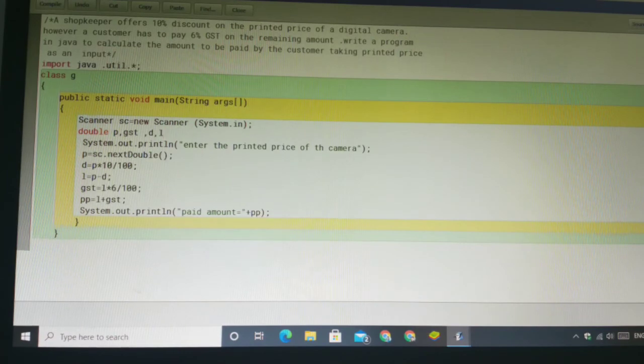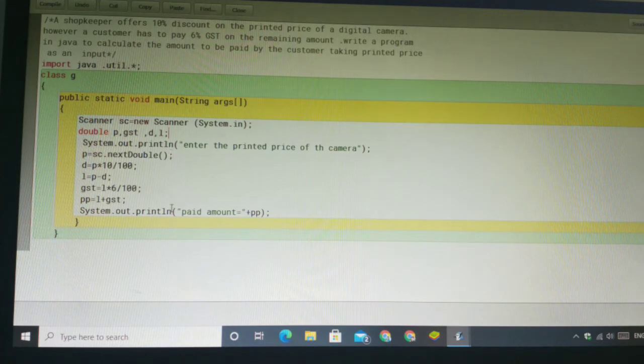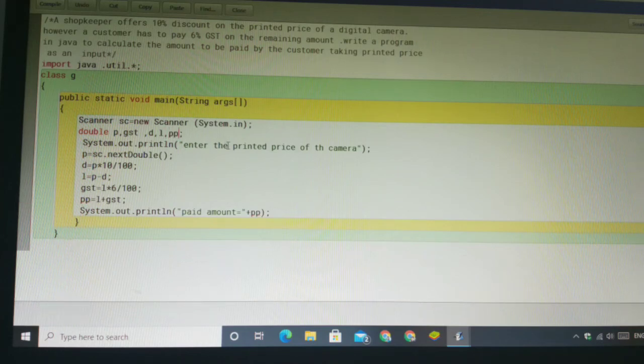Now we are compiling. When we compile, there is one error: a semicolon is not given here, so put the semicolon. I'm showing you errors, otherwise we can also correct the program, but how can we check our program? Then compile again, again showing an error. What is the error? Okay, PP is not declared here, so also declare this variable PP, then compile, and see, no syntax error, okay. One more time see the program if any error.